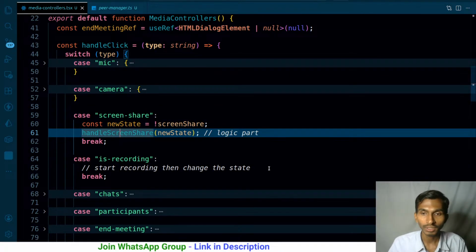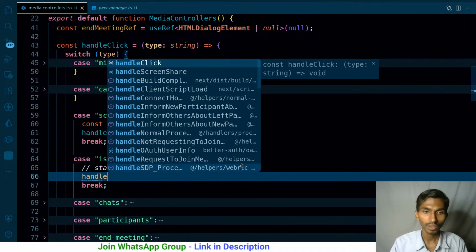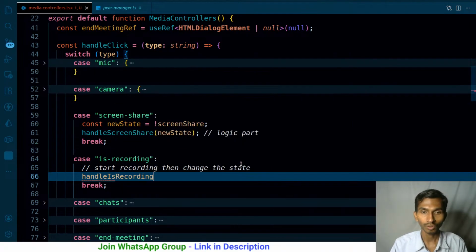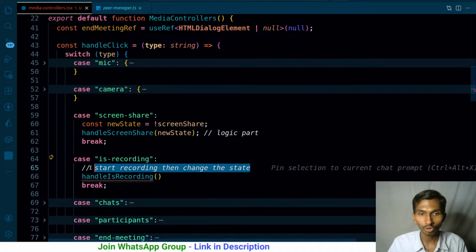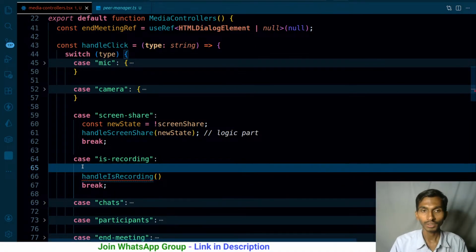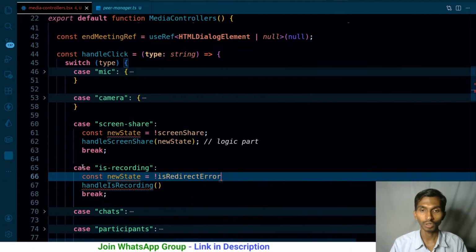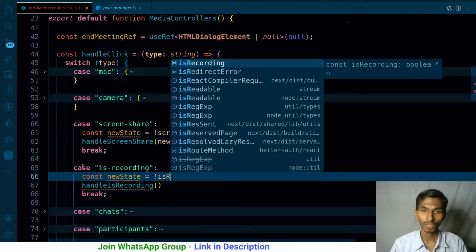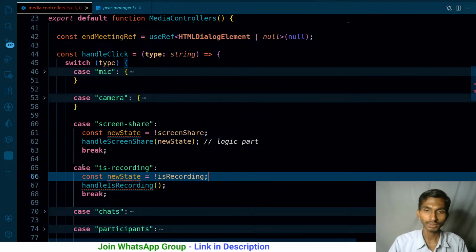The same thing we will be following here, the same structure, the same format. So I will create a function called handleIsRecording, and I will be passing it the state. Again, the state is going to be just the opposite of the current one. That simply means const newState, just the same, not of isRecording, just like this.